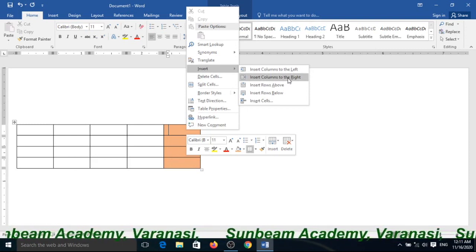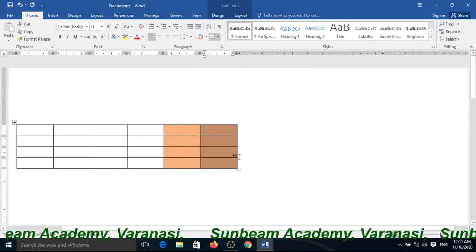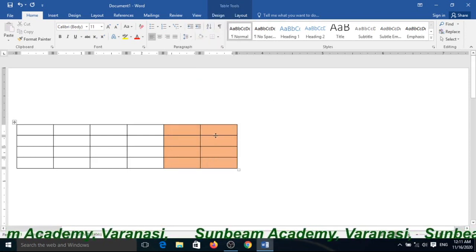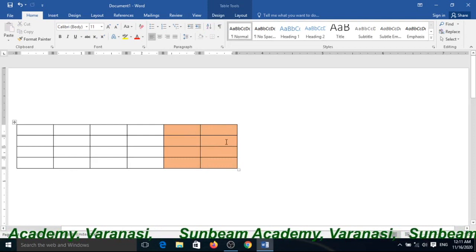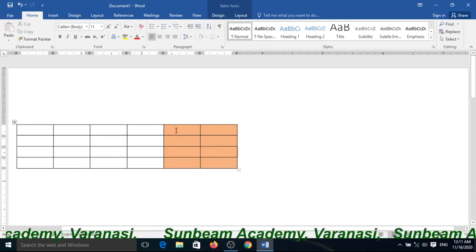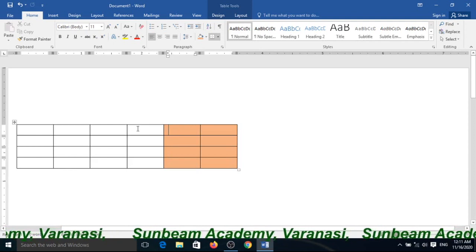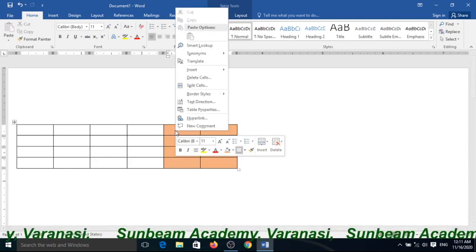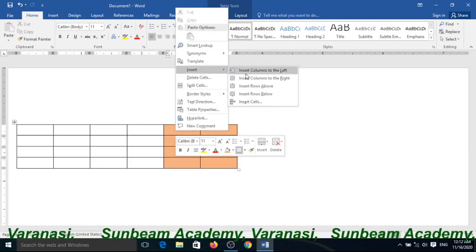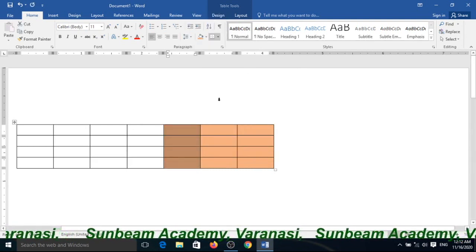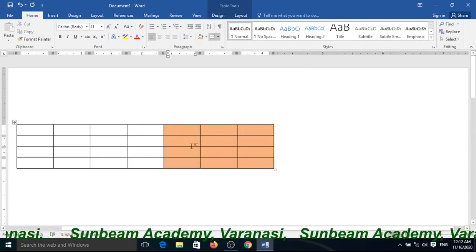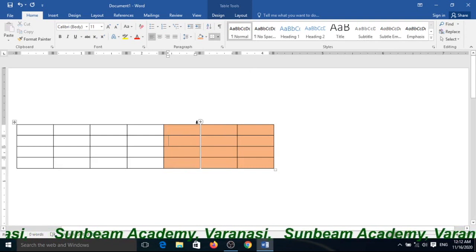It will be inserted to the right of this. Yes, you can see here it is inserted to the right side. And suppose you want the left side, means this side. Once again select and insert to the left side. Yes, now it is inserted on the left side.